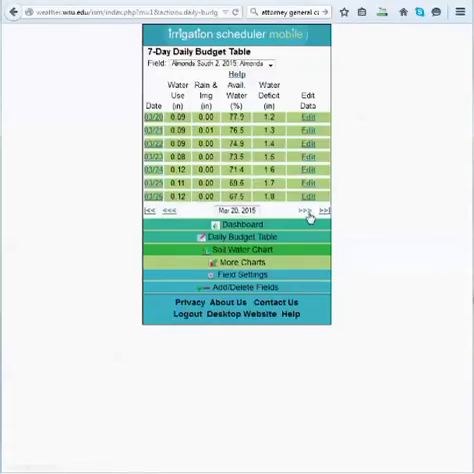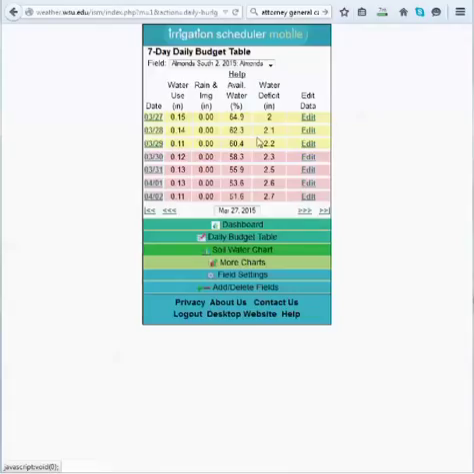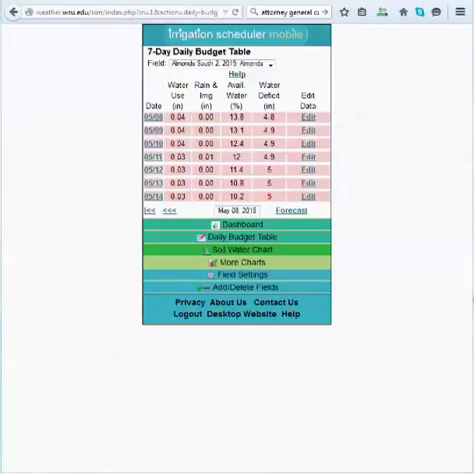Prior to that time, it had entered water stress on March 27th, and it was severe water stress on March 30th. All right, let's return to the current date. To add an irrigation event, you would click on the word Edit,